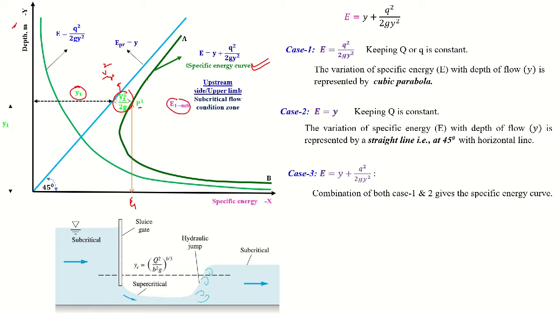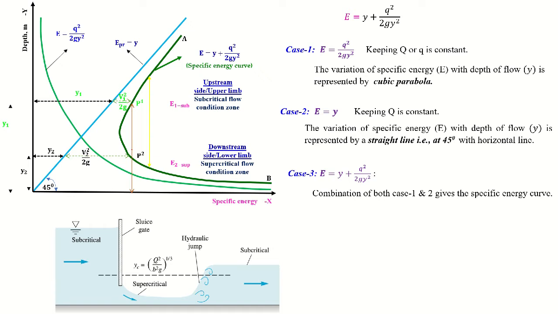So now the water is flowing from upstream to downstream. Like take this structure, a spillway. The water is flowing from upstream to downstream. At upstream we have the subcritical section, or this is called the upper limb. So this is called the subcritical zone or subcritical condition. And water is flowing downward. The downward section is called the supercritical section. The same point on the downstream side, or lower limb, is called the supercritical zone, supercritical flow, or supercritical section. That is at point 2, that is P2.